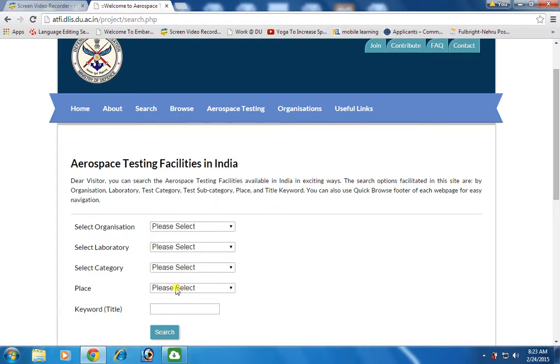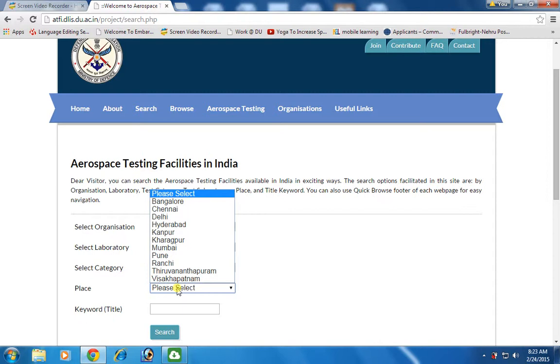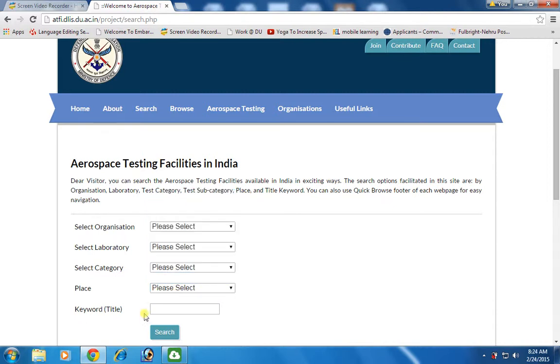Besides this, space wise also we can search the aerospace testing facility available in India. In addition, users can also use the keyword and subsequently they can click on the search option.